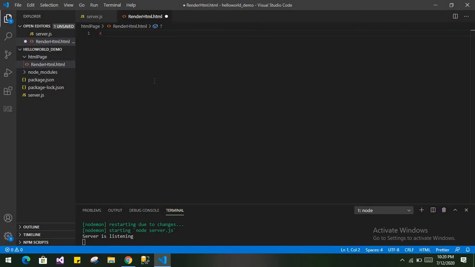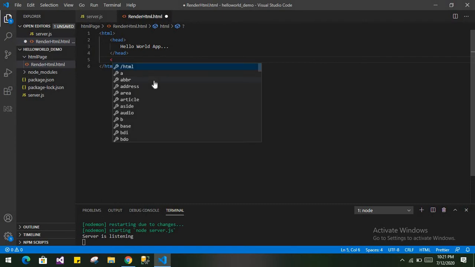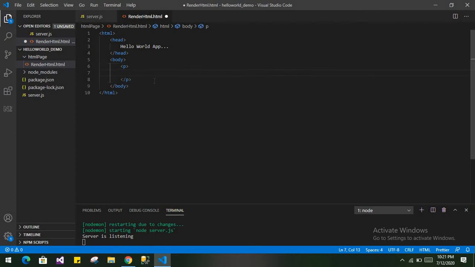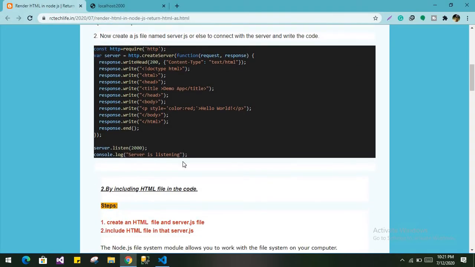Now I will define all the stuff in that HTML: I will write the head tag, and the heading will be hello world app, and define the body tag. In that I will write the paragraph: this demo is all about render HTML as a response. So just save it.